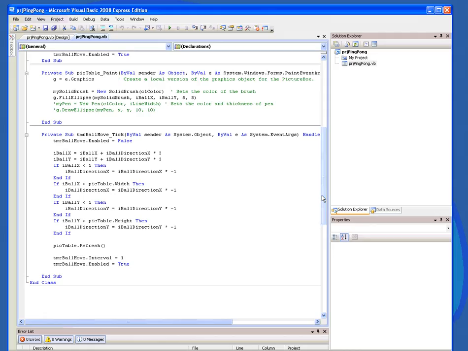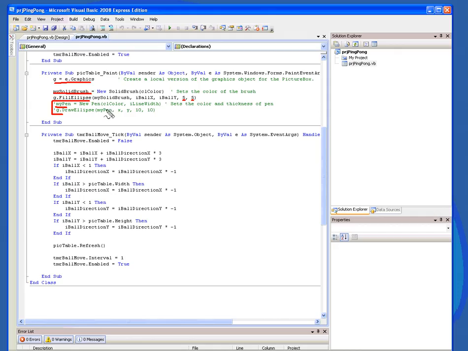Let's see, can I get it all on there? Yeah, I can get it all on there. Okay, standard graphics routine you recognize. I'll just go through this quickly. This makes my brush color, and this basically draws my ellipse, which is my circle that will become my ball. And I've only made it 5 and 5. If you want a ball that's a little bigger so you can see a little easier, make it 7 and 7 or something like that. You do want your ball circular in looks. These other two things are just comments I'm using to keep track of, so that when I draw my pen I'll know what to put in the pen thing